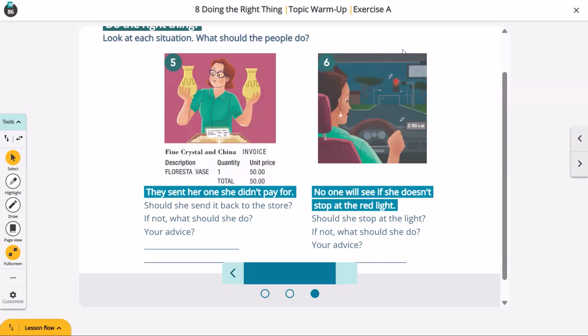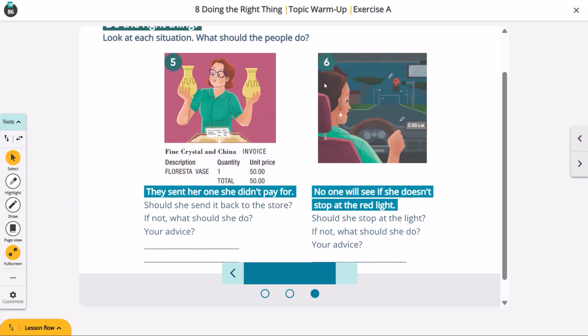She should call or email the store, explain the mistake, and ask if I want it returned or if she can pay for it. Excellent. Thank you so much, Carlos. And that's the right thing: to be in contact with the ones who sent it, in this case the sellers, and tell them, I only ordered one and you sent me two, right? So they can say, okay, you can send it to us, we are going to cover the cost, because that's the right thing as well from the sellers. So thank you so much, Carlos.